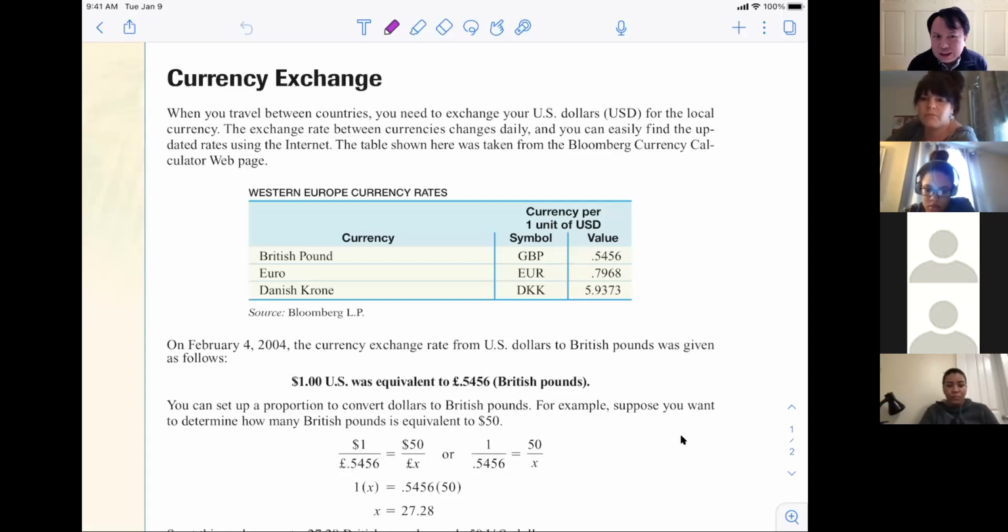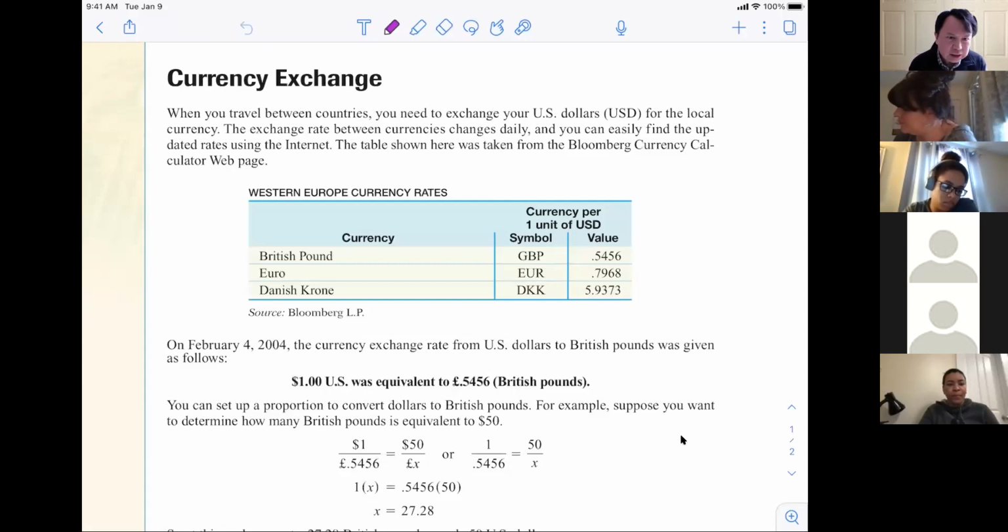When you travel between countries, you need to exchange your US dollars for the local currency. The exchange rate between different currencies changes daily. And you can easily find the updated rates using the internet. And here we have a table showing you the currency exchange rate for a number of